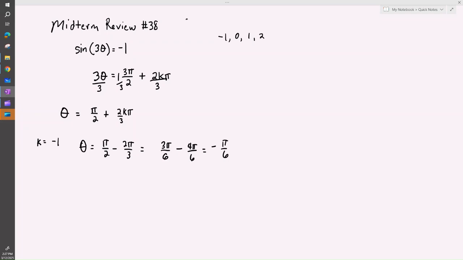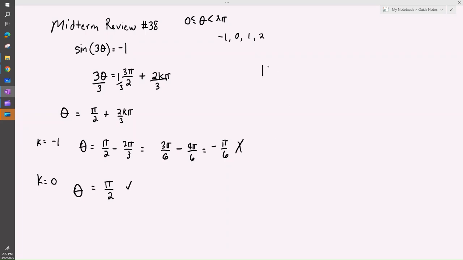And we want answers that are between 0 and 2 pi. So this one's not going to work, but if we let k equal 0, and of course that's just going to be the pi over 2 plus 0, and that's in our realm here between 0 and 2 pi, so this one we're going to keep,